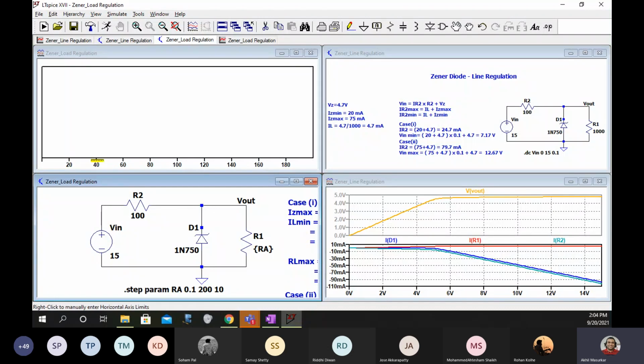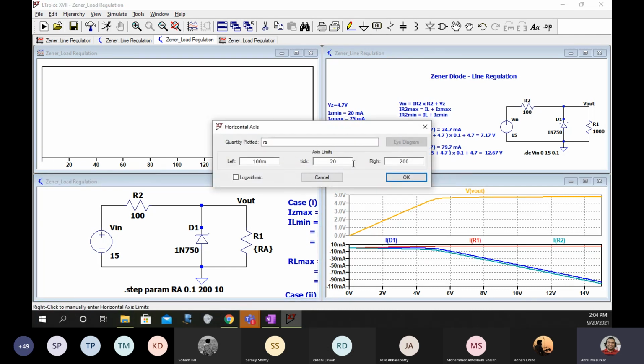So you can see we said go from 0.1 to around 200 in steps of 10. So you can very well see that. Okay, so the axis is from 0 to 200.